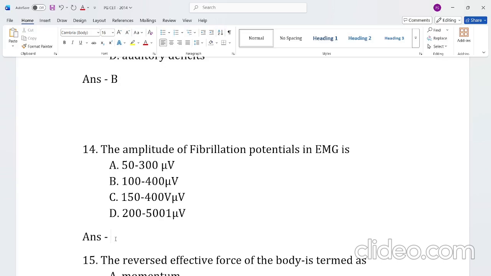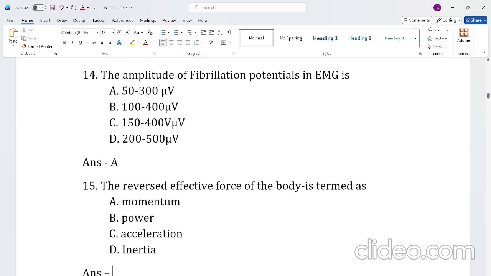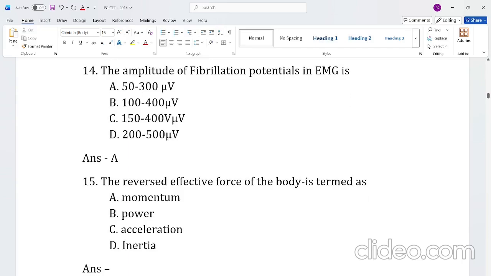So the answer will be option A, 50 to 300 microvolt, right? Now comes question 15. The reversed effective force of the body is termed as, the answer will be inertia. Right? So this is all about question numbers 1 to 15 of 2014